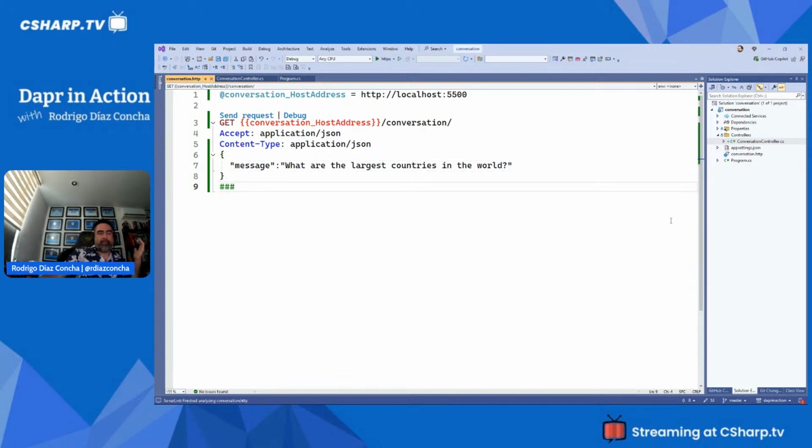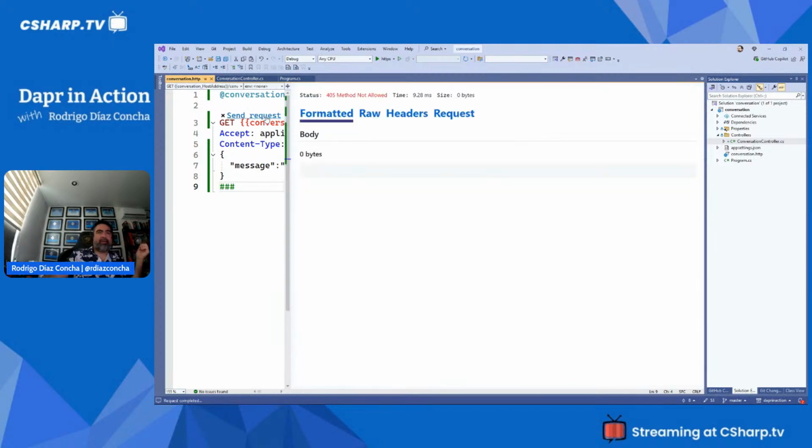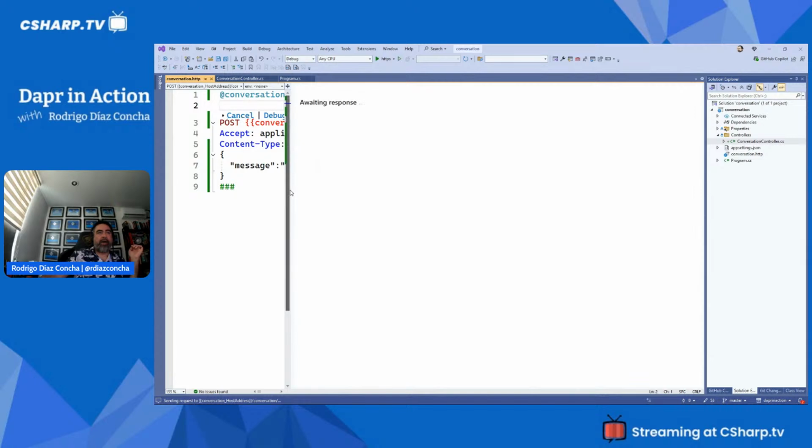So you can see that you don't need to be executing this project. You don't need to be debugging the application. You can send the request right away. So method not allowed, of course, because this is not a GET, it's supposed to be a POST. Sorry about that. Send request, and then